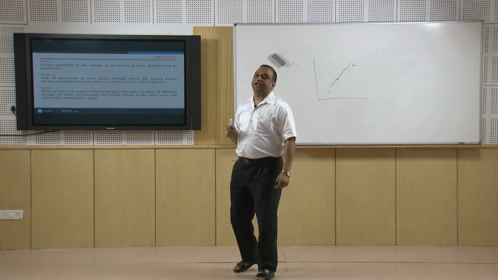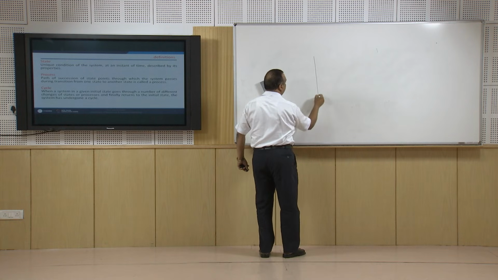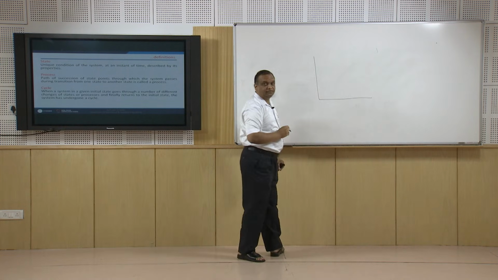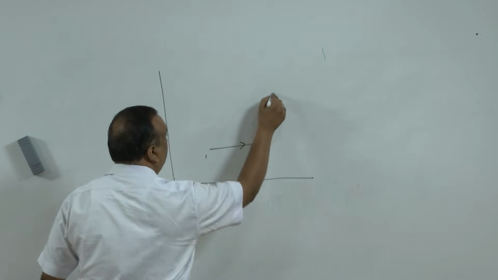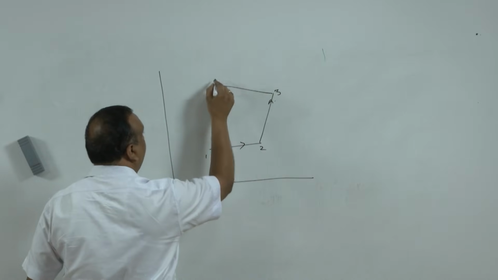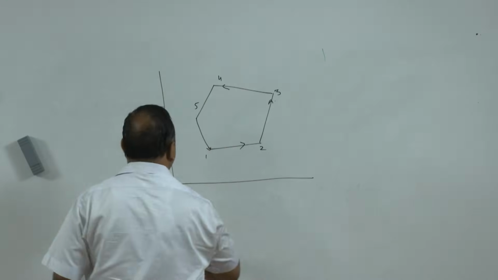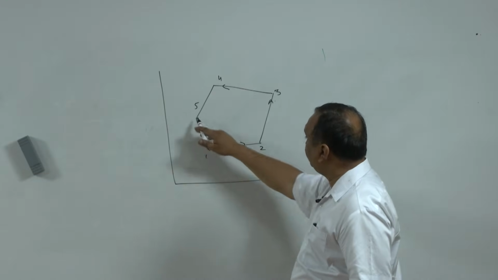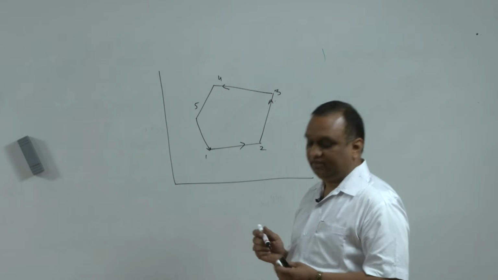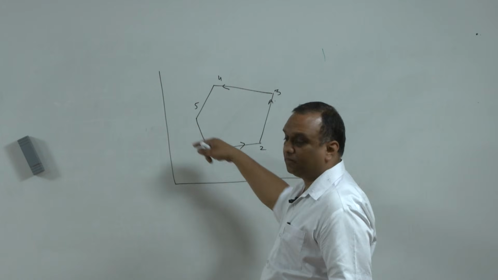So these different successive states together form a process. Now cycle, or cyclic processes. A cycle is a combination of a number of processes. Suppose there are a number of processes starting from 1 to 2, 2 to 3, 3 to 4, 4 to 5 and 5 to 1. So the initial state of the first process and the final state of the last process are the same, then this is known as a cyclic process, or a thermodynamic cycle.